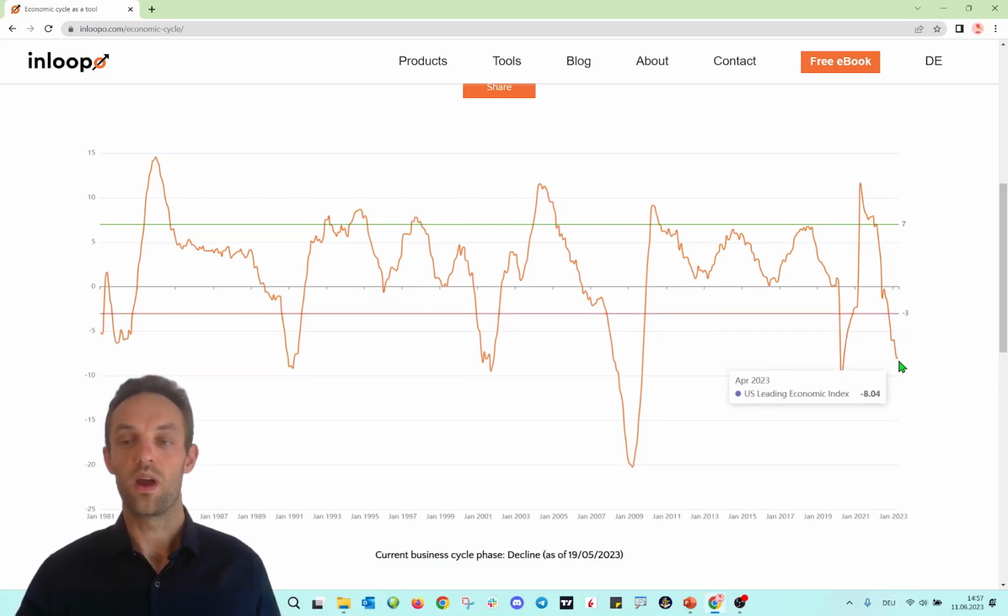But once we rise here and make the bottom, then we start into the recovery phase. Every month I analyze these things for you, put the knowledge into my website and write the current business cycle phase below the chart.